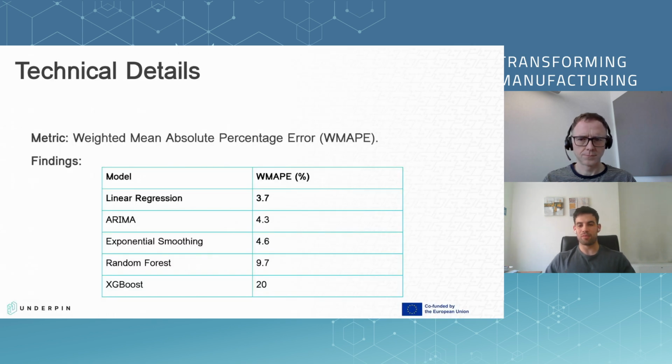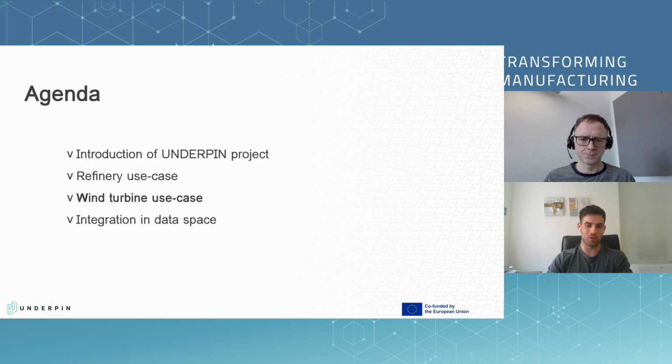So we will not focus on the technical stuff, but we do have to close this detailed section with some details and findings. First of all, the metric we used was the weighted mean absolute percentage error. As mentioned before, the reason we used that was to evaluate and compare models across heterogeneous data and heterogeneous sensors. Our main finding was that the linear regression model had the best performance out of all of our experimentations. And the general finding is that simpler models performed significantly better than more complex ones in this task. So I will now pass the floor back to Axel to continue with the rest of the presentation